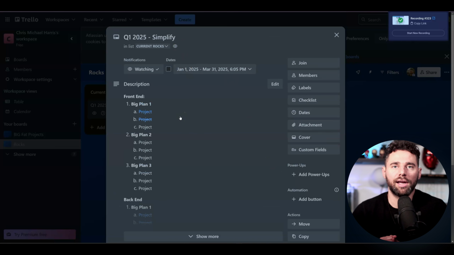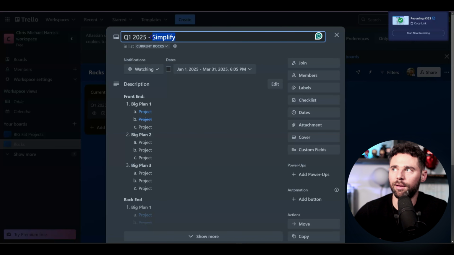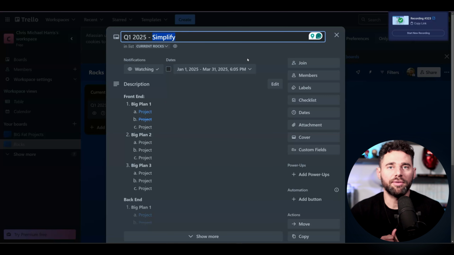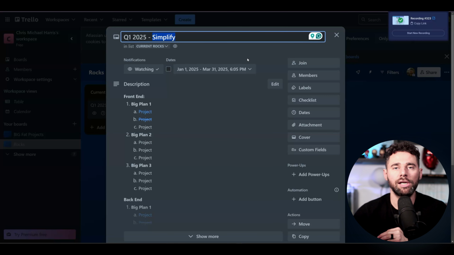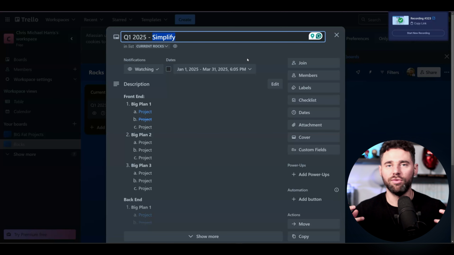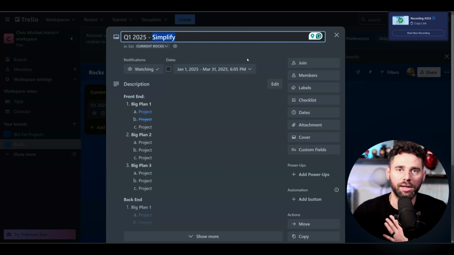Now, something that we've done that really helps the team as well is by giving it a theme. So our theme, I actually use it directly here, is simplify. So there's a lot that we've added over the years. We've expanded our product suite. We now offer coaching. We didn't offer that before. We've launched a subscription. We didn't have that before. And so what happens is that you find that you've created a lot of new functions in the business. And so what we want to do is go back and kind of clean those things up and simplify. Your theme can be whatever you want it to be, or you don't have to use themes at all, but it's something that helps everybody kind of rally around a core concept of what we're trying to accomplish. And it seems to really help us.